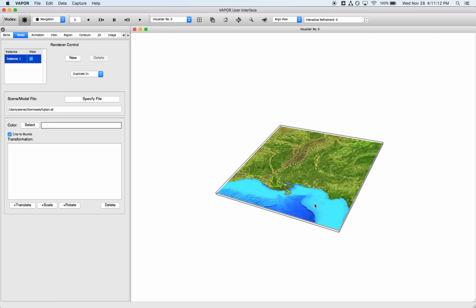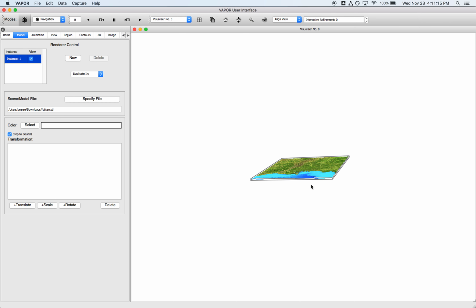And we're going to see what we typically see, which is nothing in the model renderer. The reason is that right now we are looking at the extents of Hurricane Katrina's simulation file. Vapor's coordinate system by default is meters on the Earth. It's not latitude and longitude from 0, 0 lat long. We convert it into meters so we can perform things like flow integration. So the Fujisan STL file most likely has its coordinates in unit coordinates from 0 to 1. So what I need to do next is